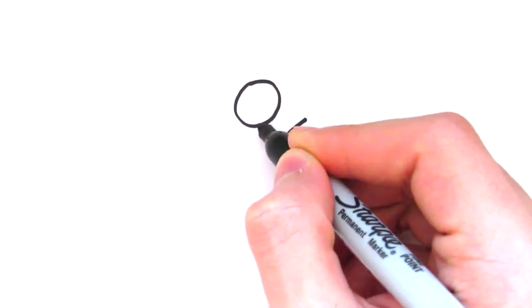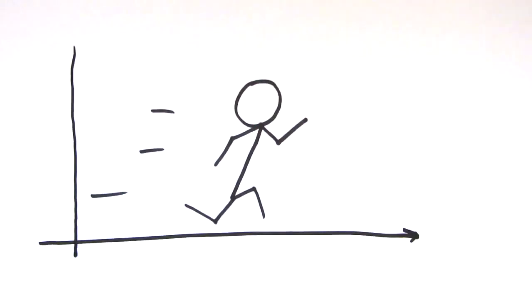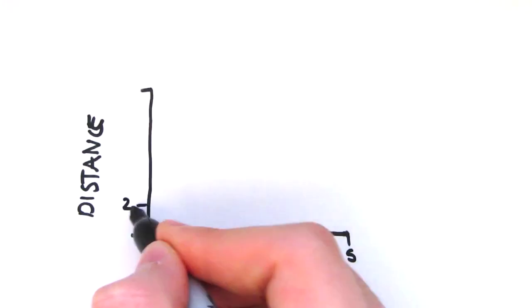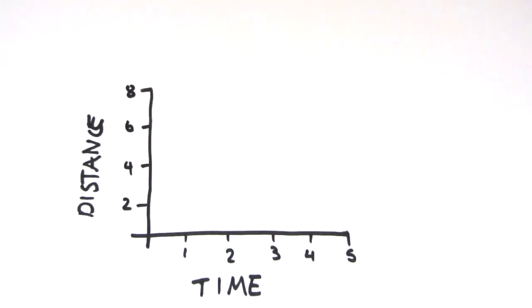When we're talking about motion, it can be very useful to draw a graph. If you're moving in a straight line, a graph that's useful is a distance time graph. This is where you have distance on the y-axis and time on the x. If we mark this as the starting point and start walking at a steady speed of 2 meters per second,